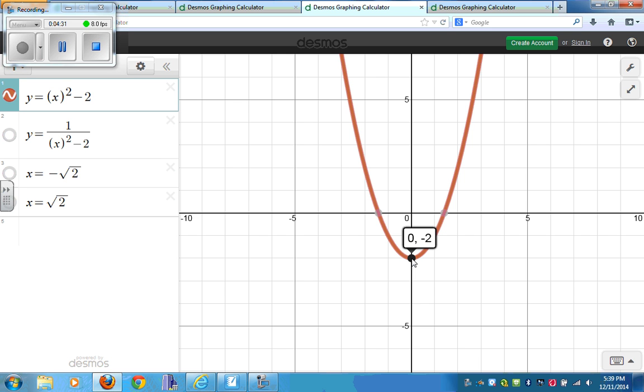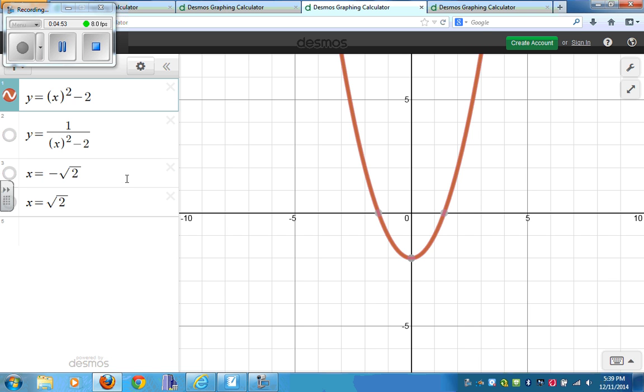So my p value is 0. My q value is negative 2. Now we have some x-intercepts. Interesting. There's my x-intercepts. Those are going to be the square root of 2 and negative the square root of 2. Now watch what happens